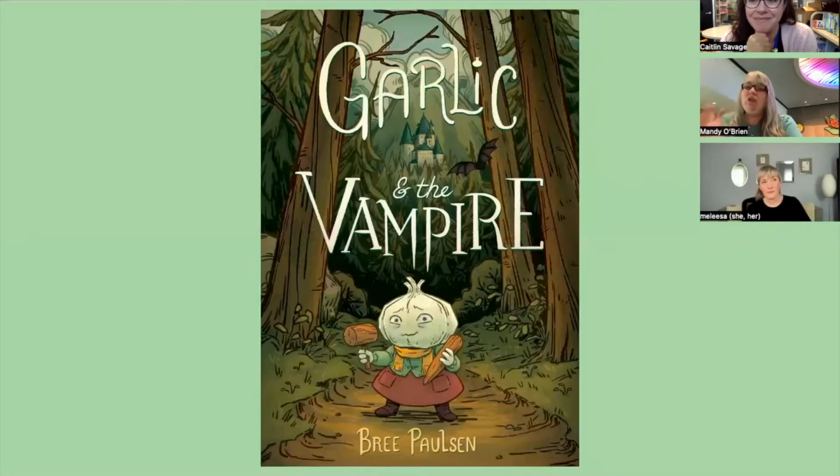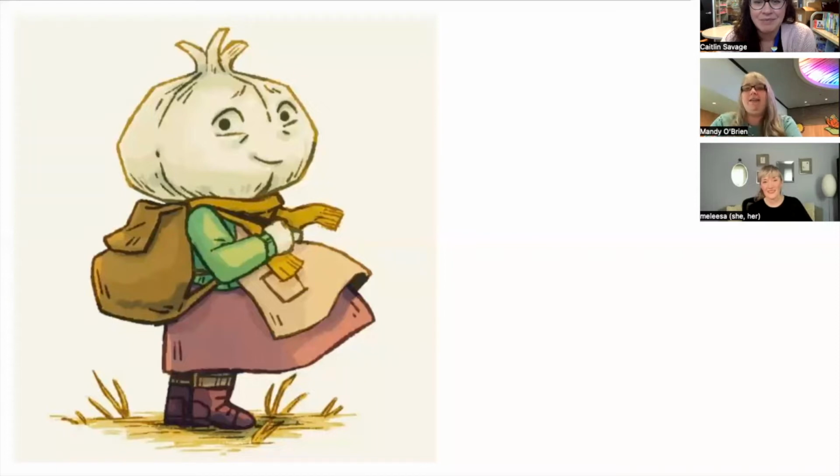So in Garlic and the Vampire by Bree Paulson, I just love this book. It's a really cute looking graphic novel, which draws me to it. Again, two of my favorite things, garlic and vampires. And Garlic is a very sweet character. And there is a new neighbor that comes to town, the vampire. Now, I don't know if you guys know much about vampire folklore, but Garlic, and there she is, so sweet, because Garlic is seen as